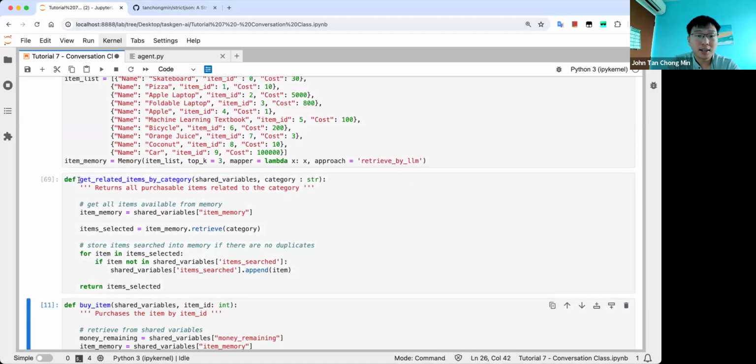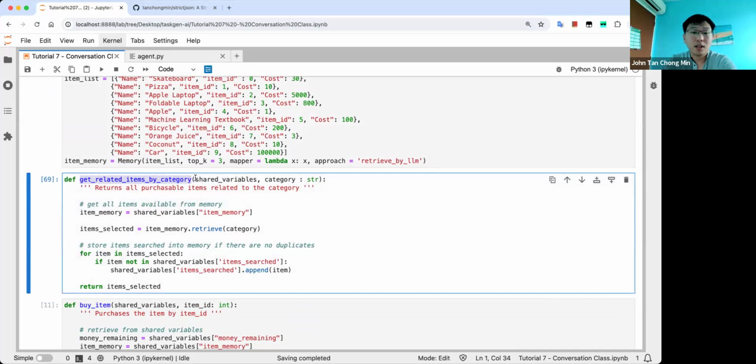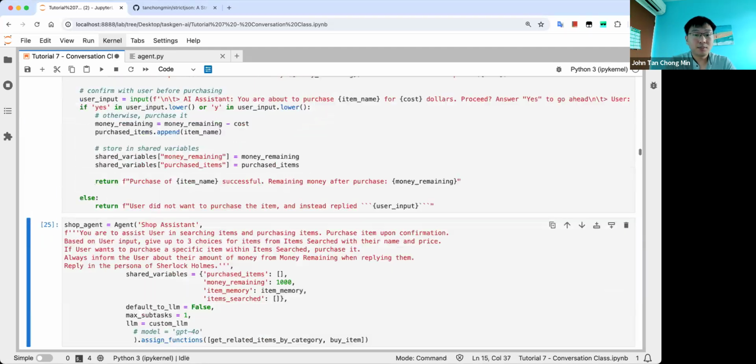All right. So this is get related items by category. Notice that for the functions, I have this thing called shared variables at the front, and this is intentional. This allows you to, based on the output of your function, update the shared variables dictionary directly, and hence give the agent the required context. So over here, if we search for a certain item, we could put it into item search in the shared variables. And when we buy the item here, we can put